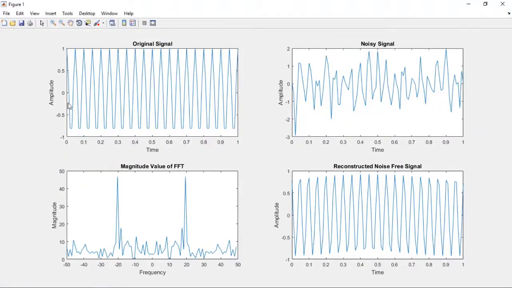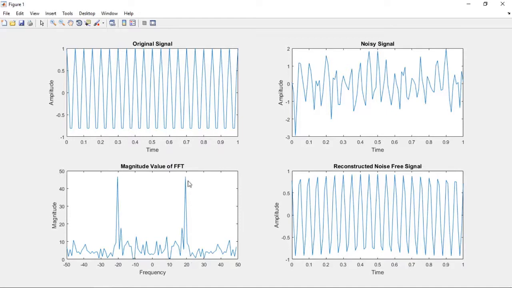And this is the original signal, which is a 20 Hz frequency, and this is corrupted with noise. So the standard deviation of the random noise is 0.6 that we have taken. This is the corrupted signal. We want to remove noise from this noisy signal. So we are calculating the frequency spectrum of this noisy signal, and then that frequency spectrum is displayed here. For the Fourier transform we are having peaks on either side, 20 hertz and minus 20. So this is the frequency spectrum.